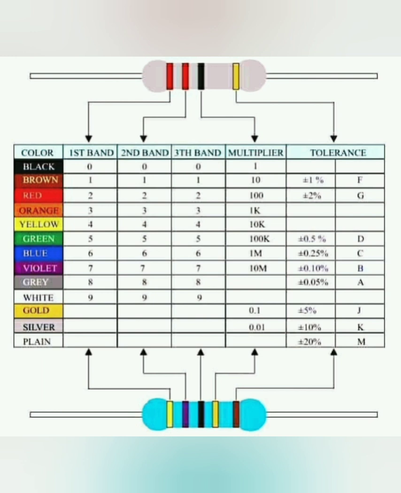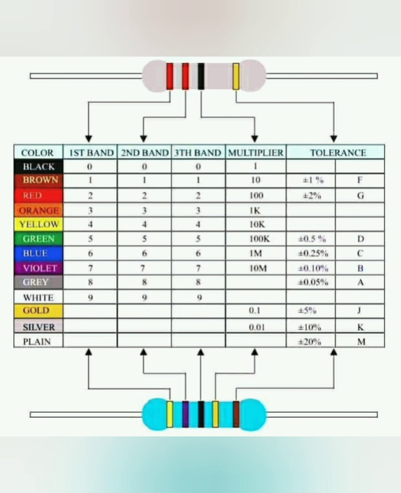According to your number of color codings, we need to initiate the first band as a one digit number, the second band as another digit number, the third band as another digit number, and the fourth band as your multiplier. And at the end, separately, a tolerance level is given. So for all the three bands, black color will be 0, and for all the three bands, brown color will be 1.